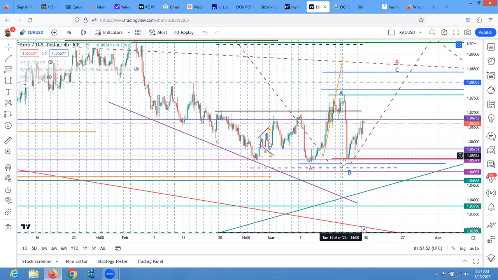But because it just ran a bit below here, it can still be a running flat. So the running flat is what is still possible here, and I don't want to think of more than a running flat. A running flat can also give you an extension of 123. So if I'm thinking of a running flat, now my black